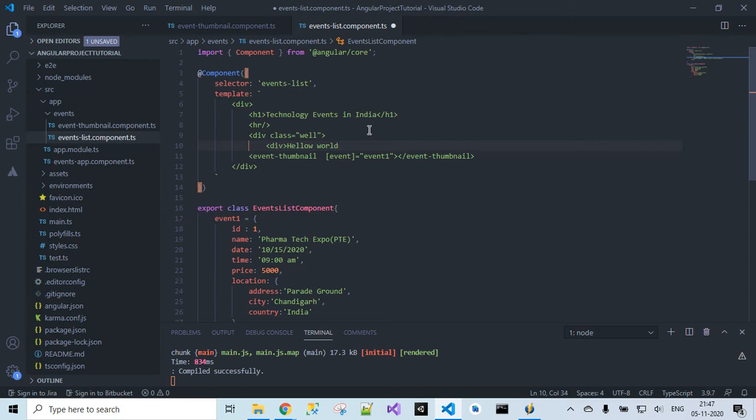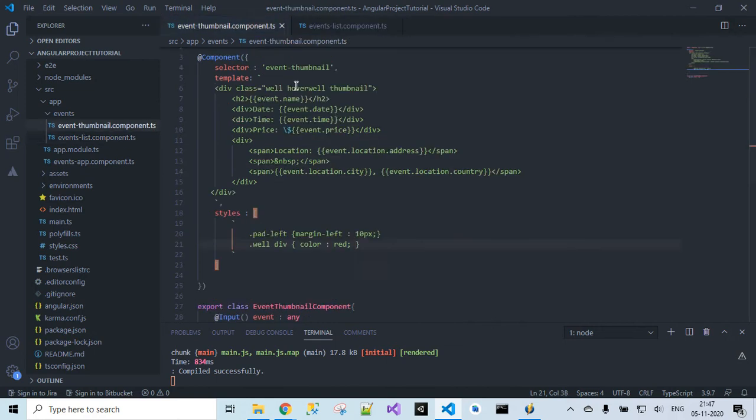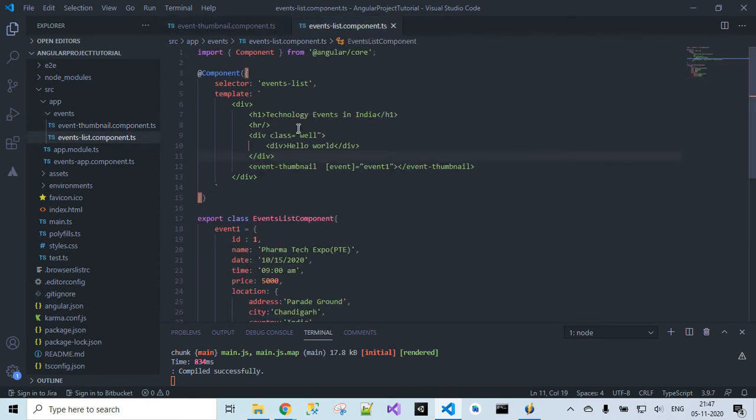Okay, I want to display this message. So this we are specifying inside the parent component class, not the child component, if you observe. But the styling which we have applied is for the well class with well and div elements. So this means that it should be applicable for the parent class as well. Whether it will be applicable or not, let's check.